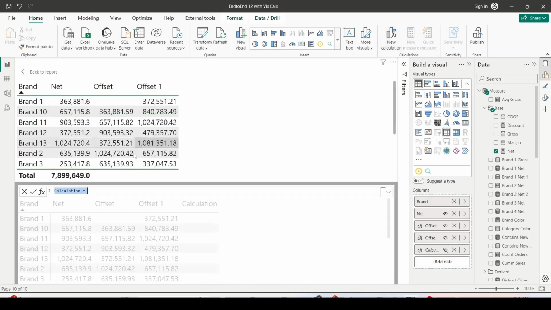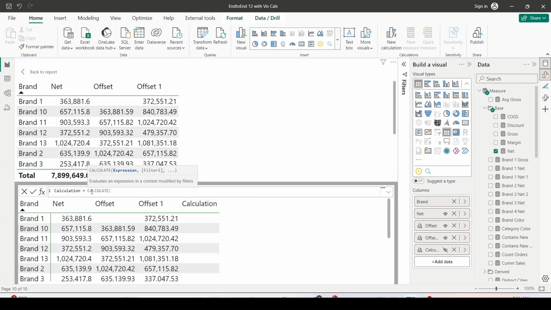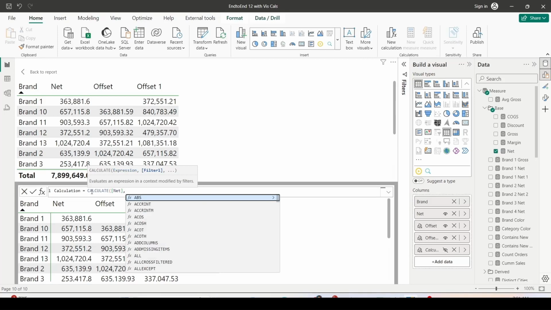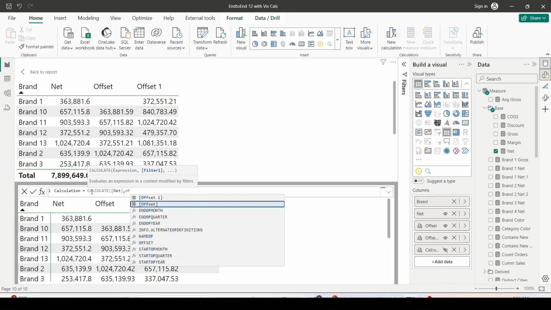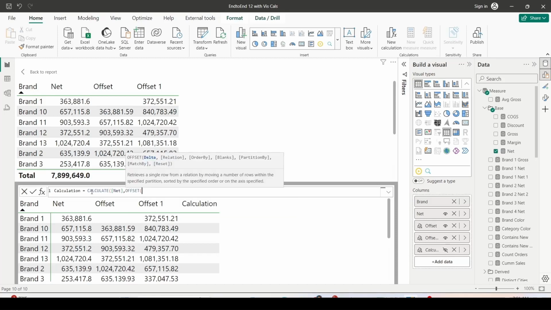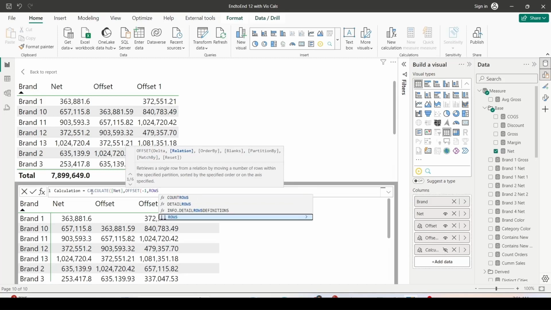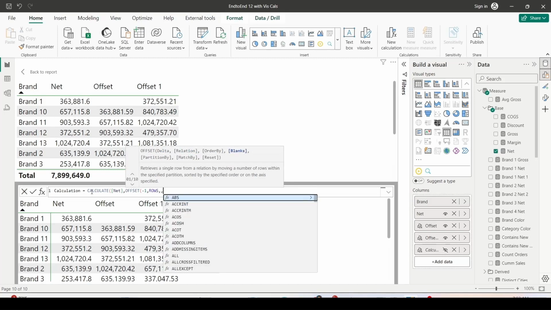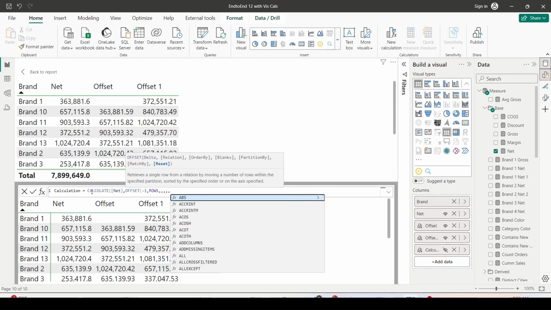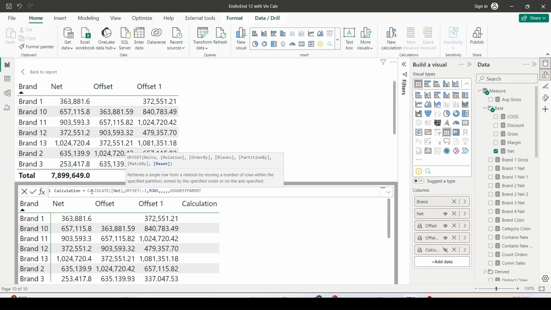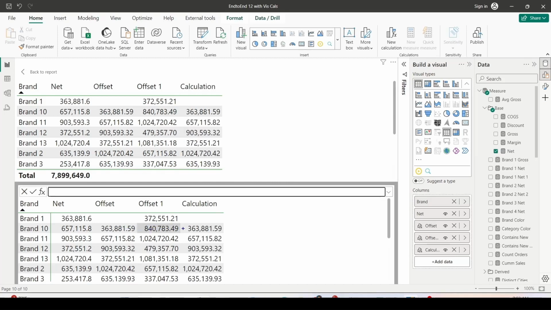Now I already experimented with the partition by, which did not work for me, but let me showcase whether we can use the reset option. So I will use calculate net, offset -1, relation is rows. Order by I will leave blank, partition by I will leave blank, match I will leave blank, and reset. Can I give highest parent here? I am giving highest parent here. No order by has been used. It doesn't seem to make any difference,